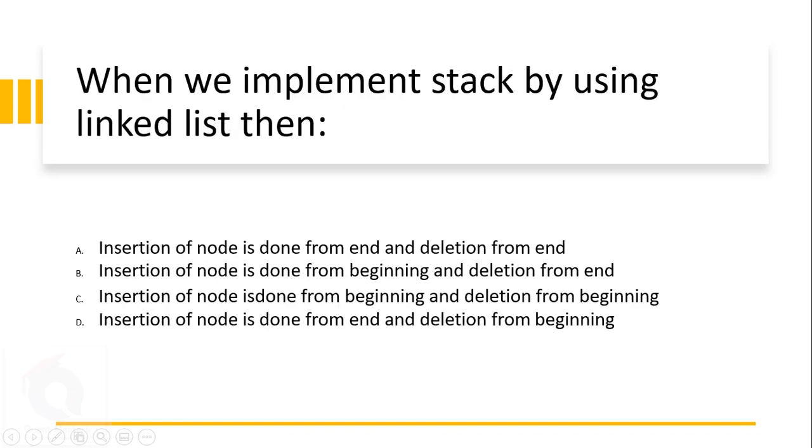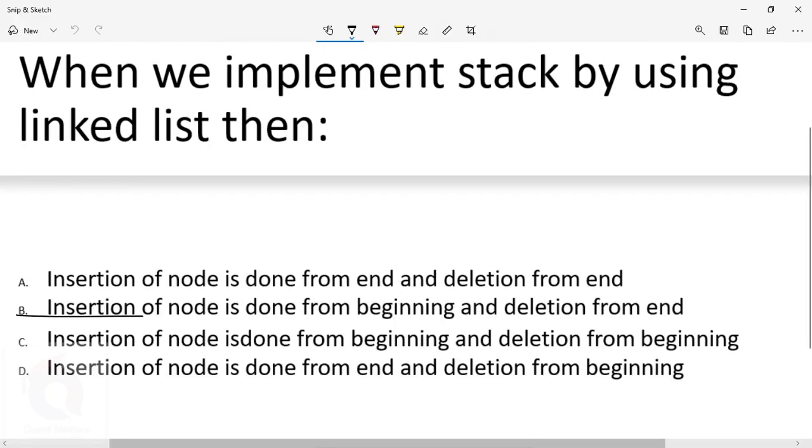So let's go for the next question. When we implement a stack using a linked list, which of the following is true? Now, we know that in a stack we insert from one end and delete from the same end. In a queue, we insert from one end and delete from the other end. So if you observe this, you can directly cancel a couple of options. Option B says insertion of node is done from beginning and deletion from end. That is not true. Option D says insertion of node is done from end and deletion is done from beginning. That is also not true. So you can directly cancel out option B